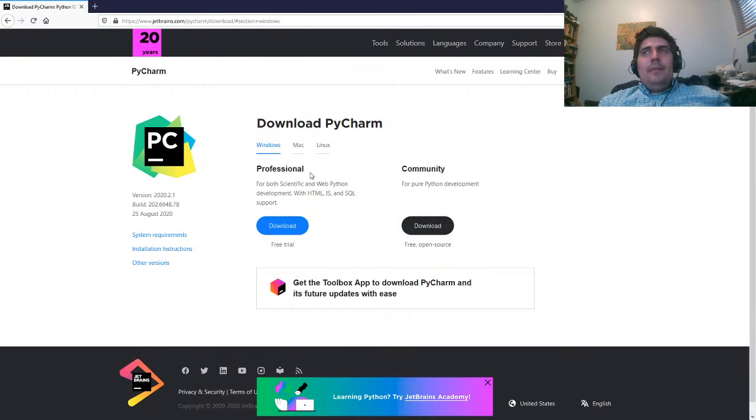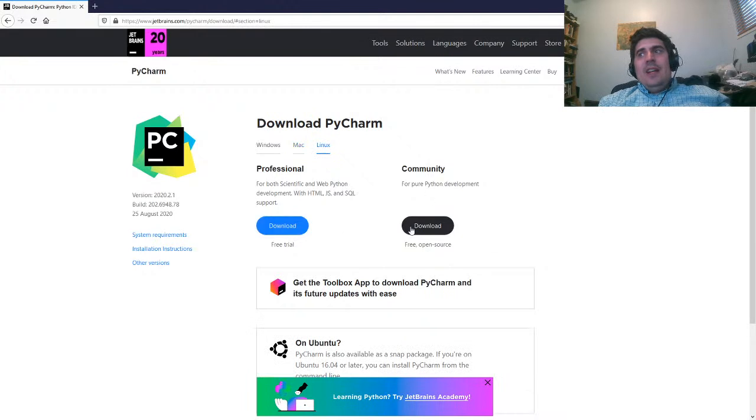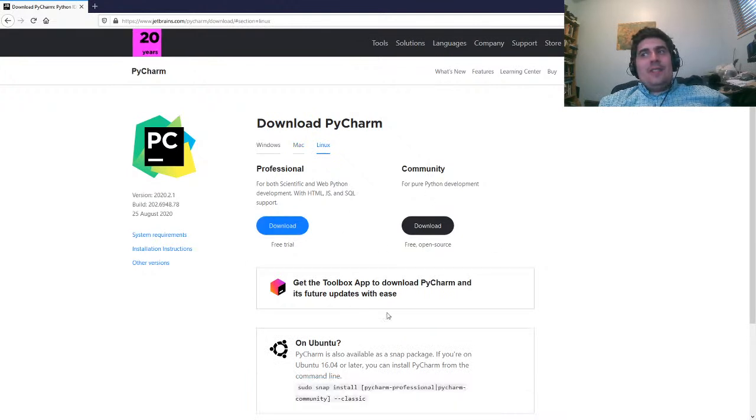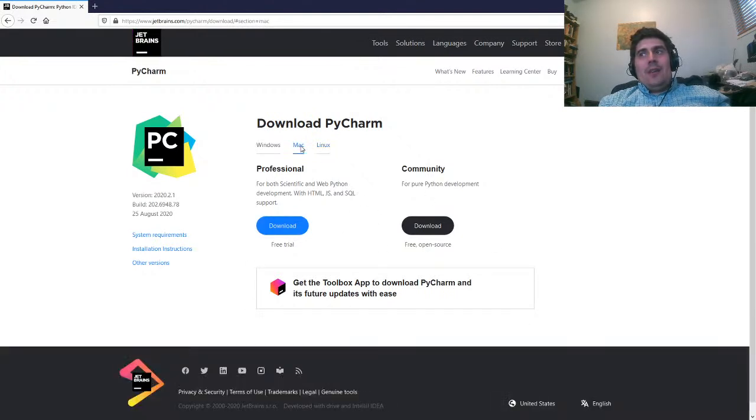And so then, keep in mind here, this says Windows, right? So you will download the Windows version if you click this. If you're on Mac, you click Mac. If you're on Linux, you click Linux. And you notice that there's really not a lot of difference here. So unfortunately, you have to just be a little bit careful, right? Just be like, I want the Linux version, I want the Mac version, I want the Windows version. So you click download, and then you install it, okay? So once you've installed it,